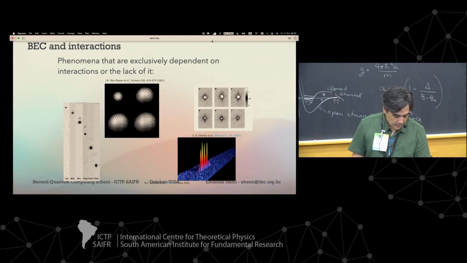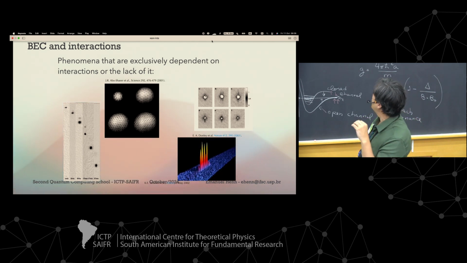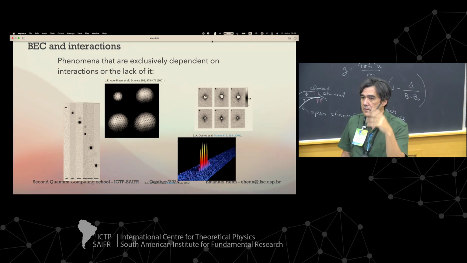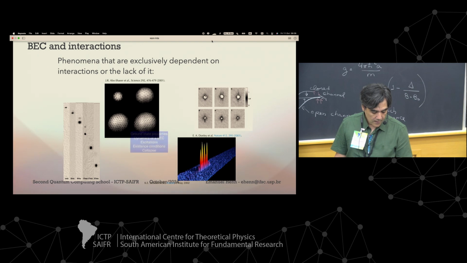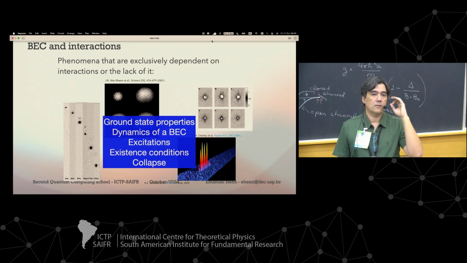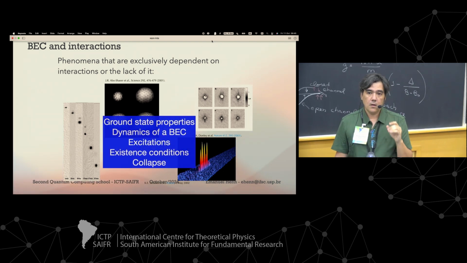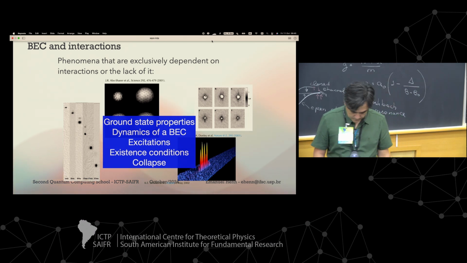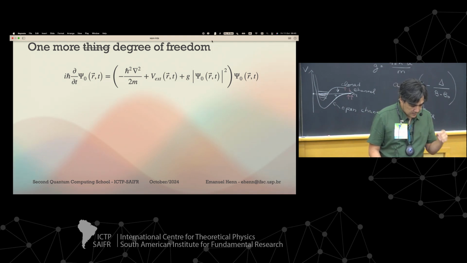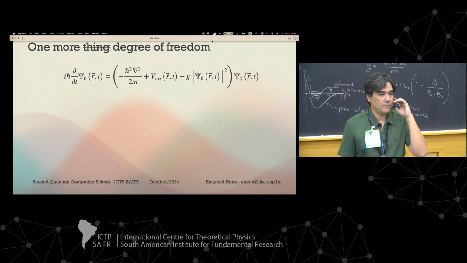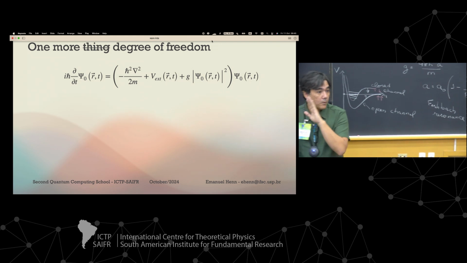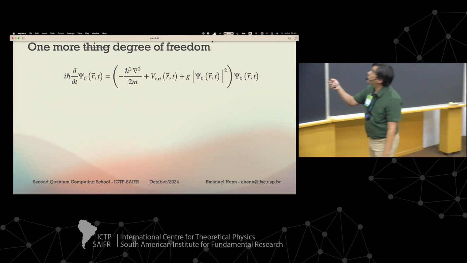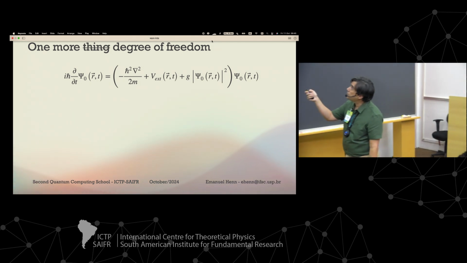We come back to this, and of course, this is the simulation of a soliton. Solitons are excitations, and the dynamics of this depends on the interaction. So everything in a BEC depends on interactions. Okay, very good. Yes, we have one more degree of freedom that's maybe interesting for quantum computation. We have explored the external potential. We have touched the interaction,